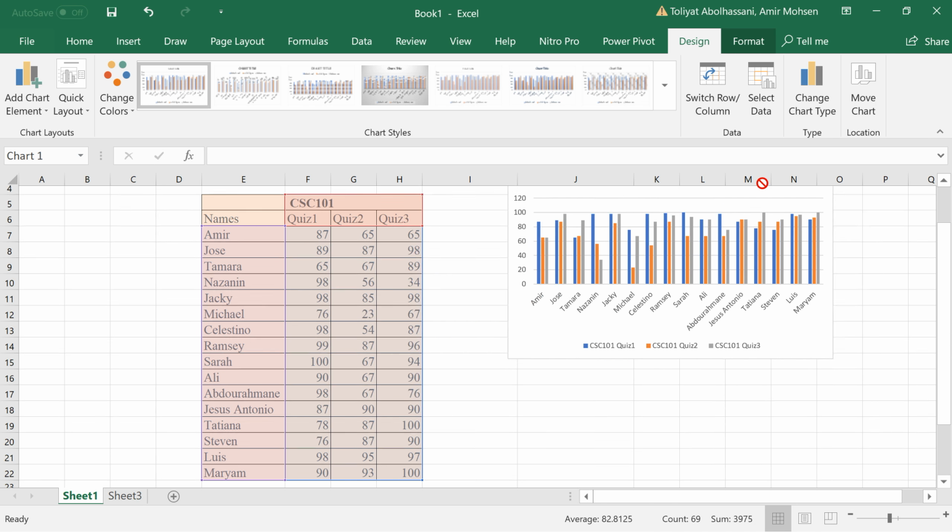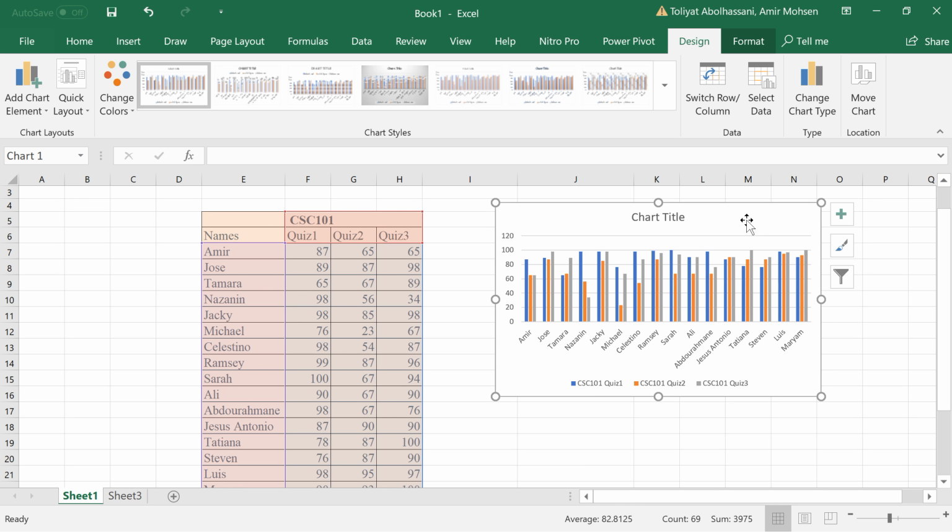This is the chart that it recommended. For example, for Amir, here we have the three quizzes, quiz 1, quiz 2, quiz 3, with three different colors, for the list of the students. Now